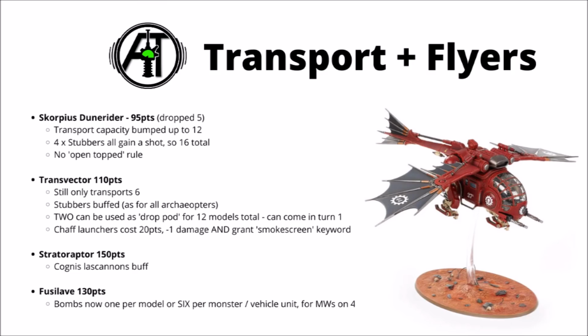These things were already taken fairly regularly before. I don't think that that's going to change now. One thing that people were wondering about is if it might get an open tops rule so you could fire out of it, but I'm afraid that has not happened. In general, the Archaeopter's raw stats are pretty much the same. They've picked up the extra shot on stubbers as well. They generally remain the same points cost, aside from the Transvector going down a little bit,